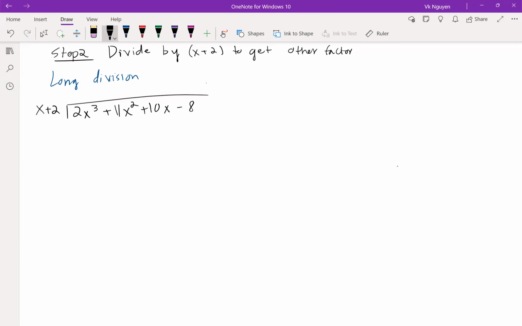Long division is very similar to how you divide numbers. x goes into 2x^3